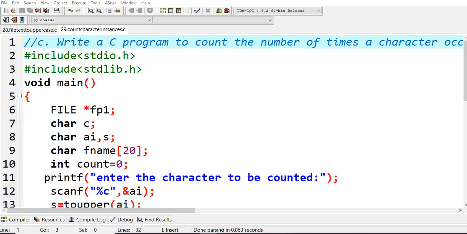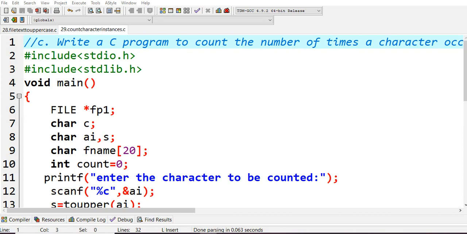Hello all. In this video, we are going to learn counting the number of instances of a character in a given file. That is, you will try to open some file, and if you want to find instances, that is how many times a particular character is repeated in your file. In the previous lecture we had seen "hello, welcome to PPS lab session" that I had given. So if I want to count the number of times E is there in my text,